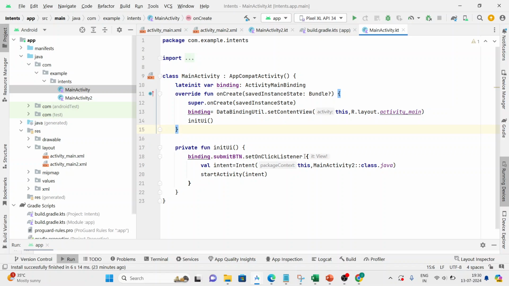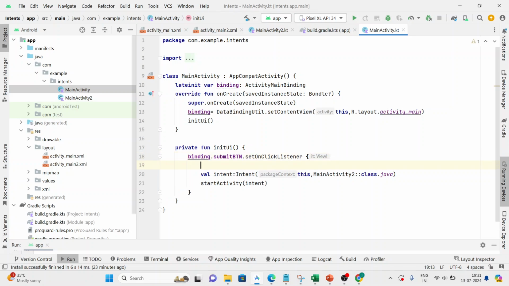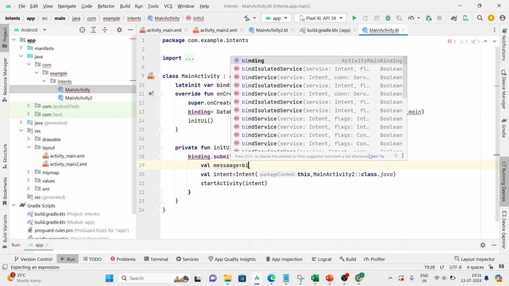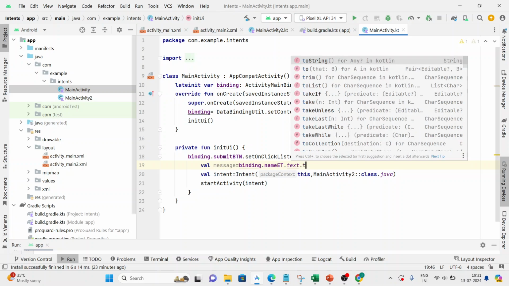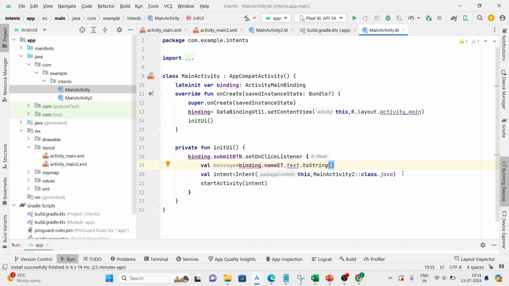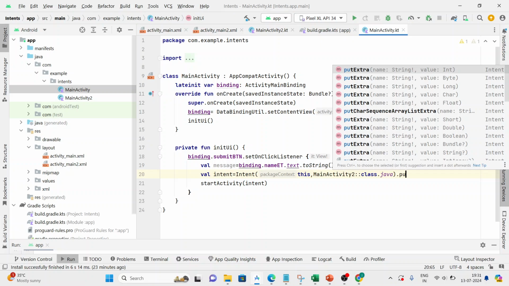Let's fetch the data from the edit text here. I will pass here, take one val message, and I will take the data from that binding. Let's correct the spelling using the binding dot name et dot text dot to string. Now I will pass the data here dot put extra